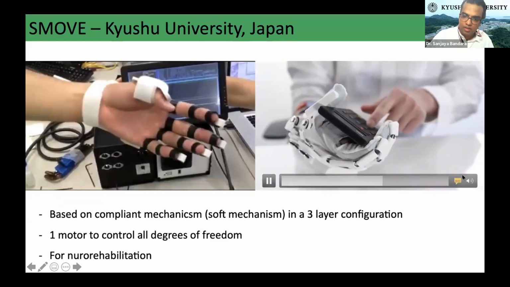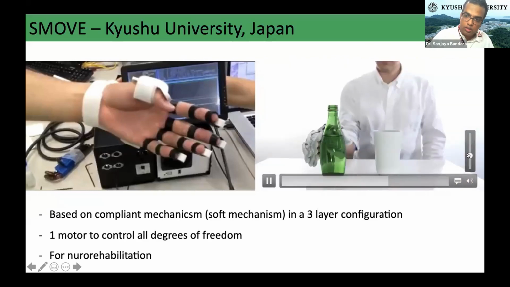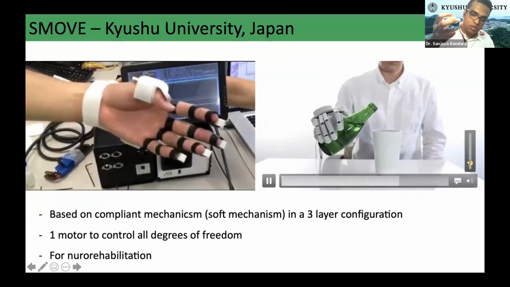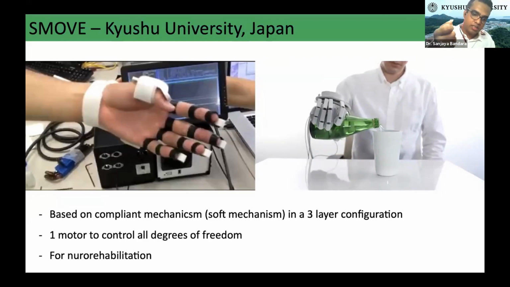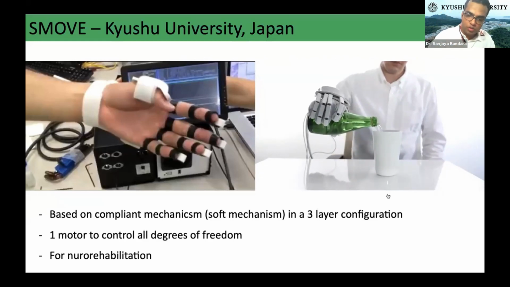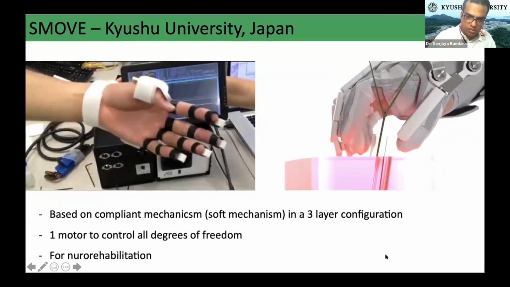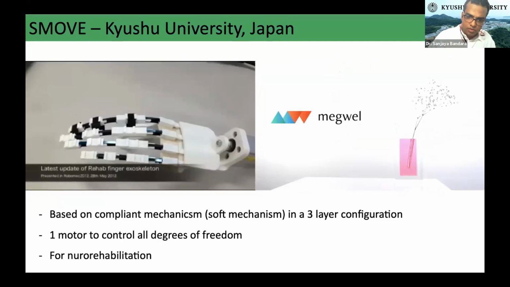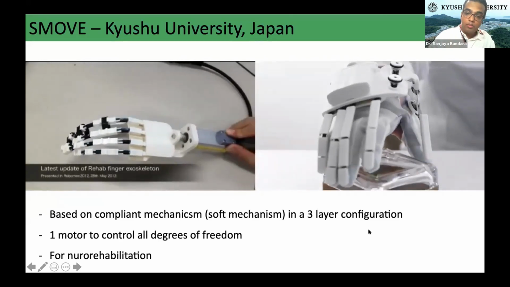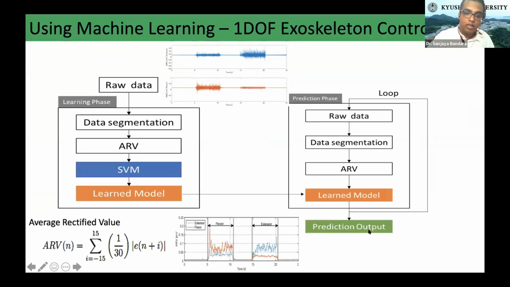So especially after a stroke, most people lose their hand function. So this robot can be used for this purpose, though this is not a prosthetic, as you discussed yesterday. Right. So now one of the main problems, as I said, is understanding the motion intention of the patients, because